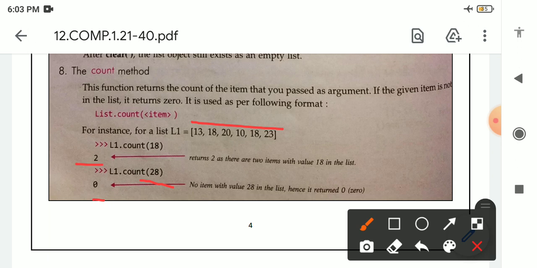The count method takes one argument and returns how many times that particular element is present. If the element is not present inside the list, it returns 0. 0 indicates that the element is not present; 2 indicates the element is present 2 times.